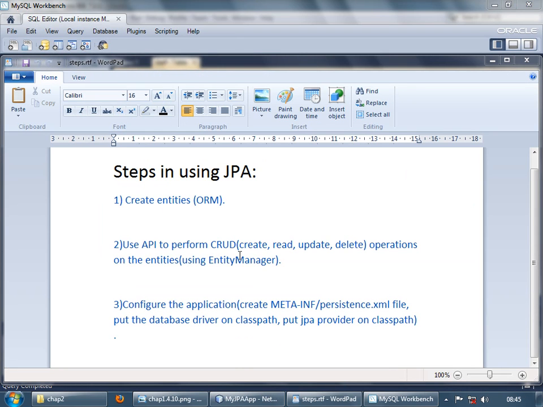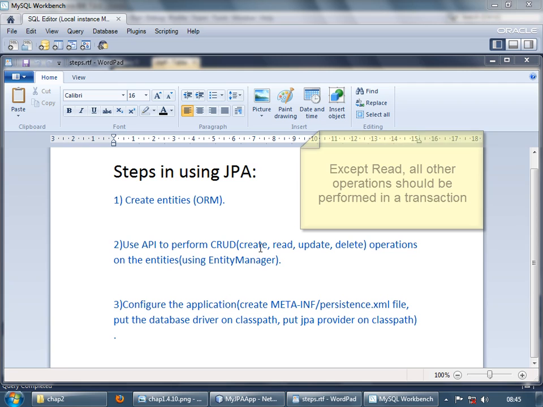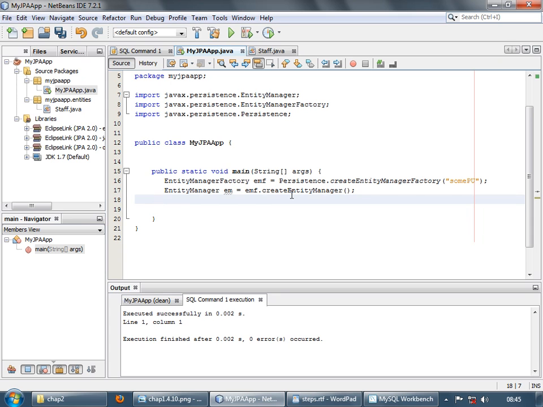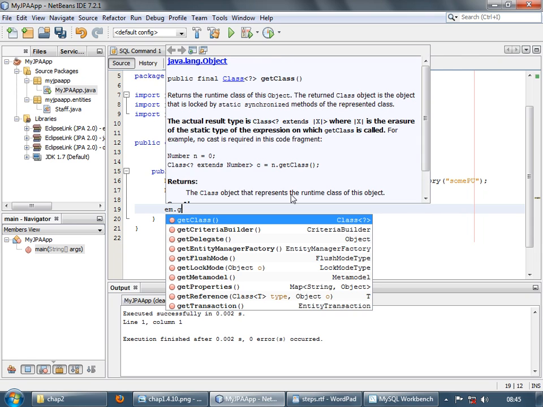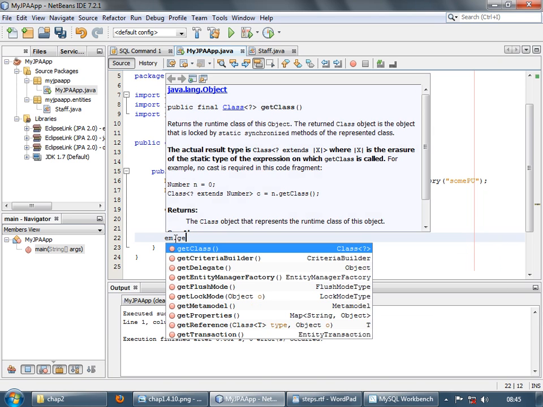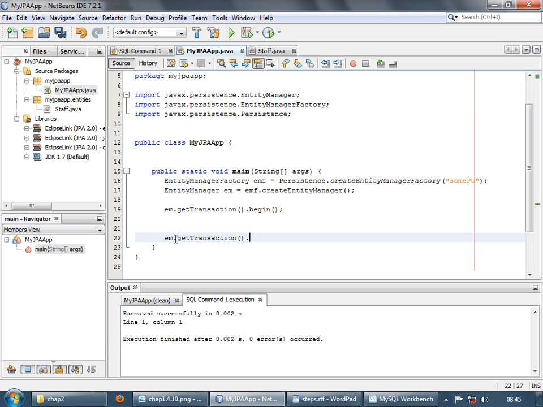Now we'll perform these operations on the database: create, read, update and delete. Now except read, all the other operations have to perform in a database transaction. So let's do that. So first of all, let's create a transaction. Entity manager dot get transaction dot begin, and then we'll write some code to create an entity later on. So let's commit the transaction, get transaction dot commit. Okay,